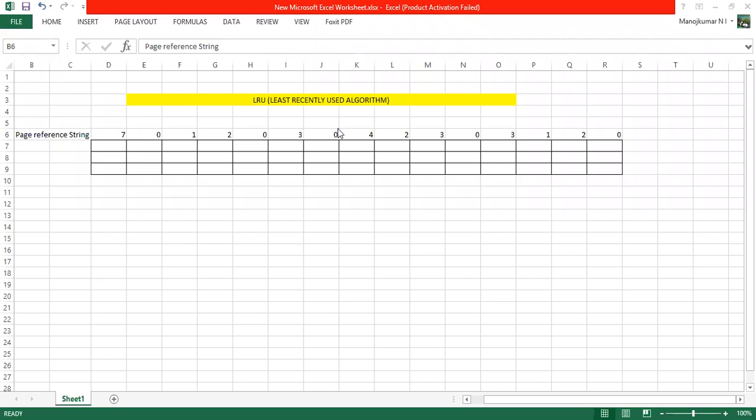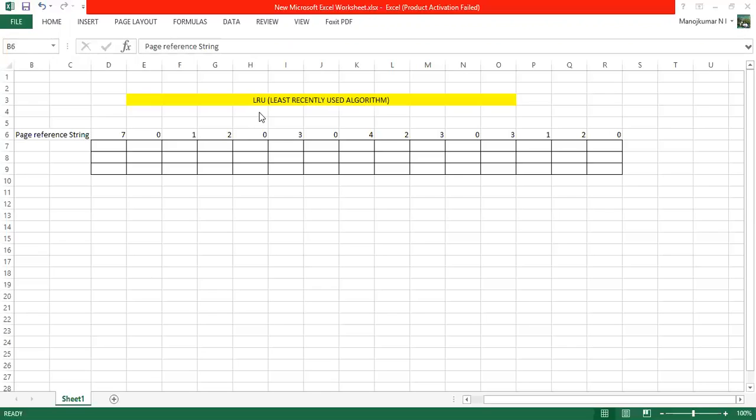We'll start a new algorithm, that is, a page replacement algorithm. Here we are going to study LRU, nothing but the least recently used algorithm. This is also one of the important algorithms in page replacement in non-contiguous allocation. So why is this more important? Because when we see the last